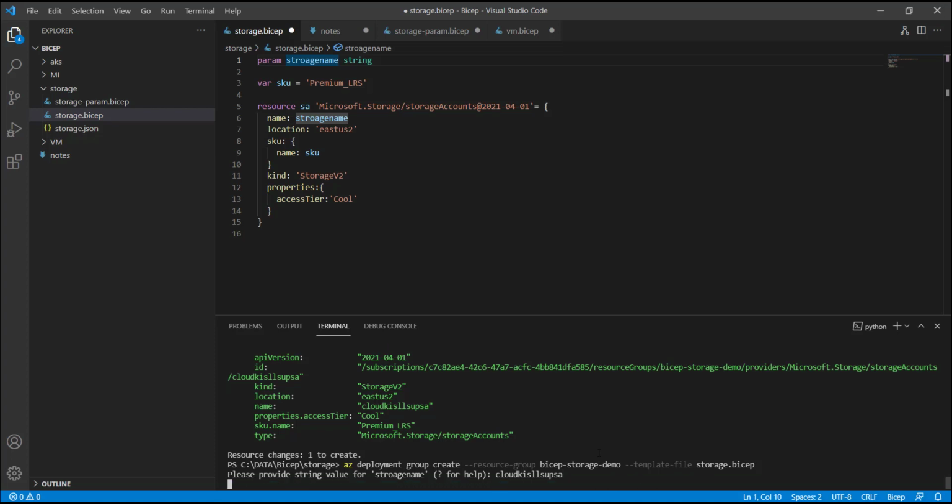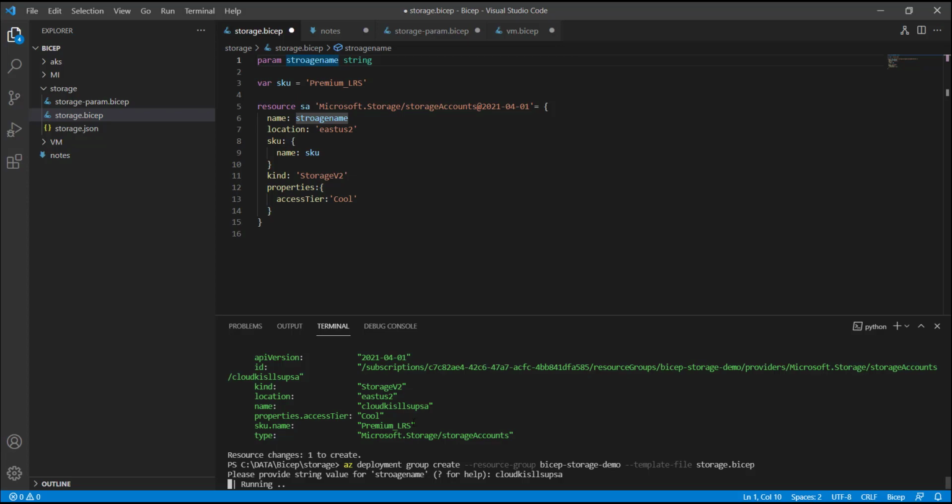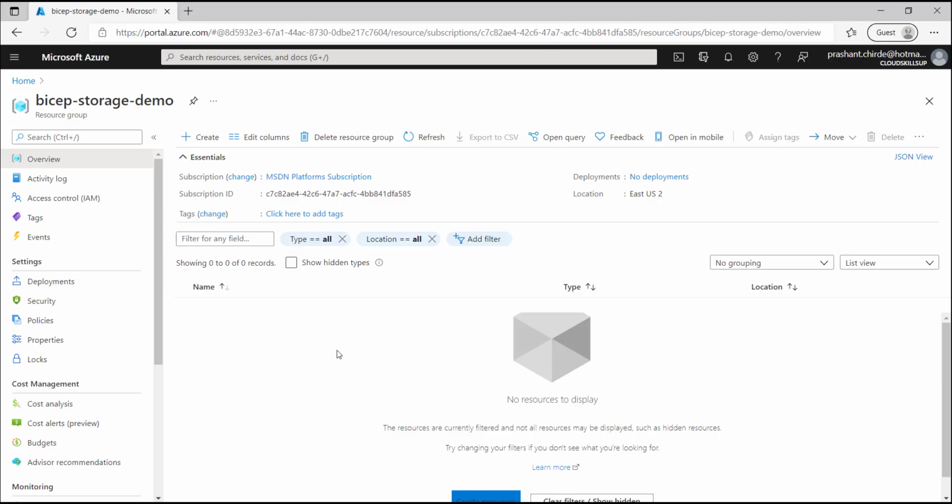This is the name. Let me run it, and once it runs, it will create the resources on Azure. If you check, it's still running, and if I go to Azure, this is the resource group where we are going to add the storage account, and currently there are no resources available in this particular resource group. Once we deploy this, we will definitely be able to find that particular storage account here.